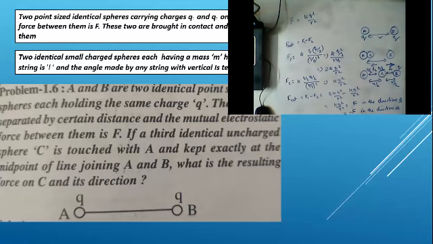Clear? See, only one thing: this F1 is showing in this direction, F2 is showing in this direction. What is the net direction of force? F, in this direction. Now here it is B. So in the direction of B it is F, and in the direction of A it is minus F, because it is opposite to the movement. Clear? This is how we need to solve some typical problems, guys. Hope you understood. Now we will go on to the next problem.